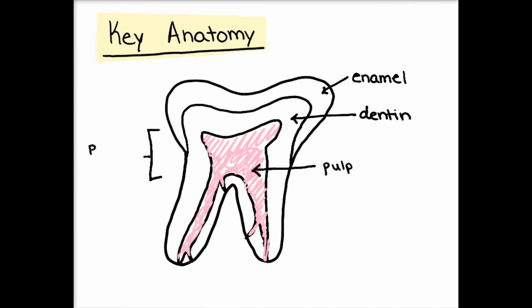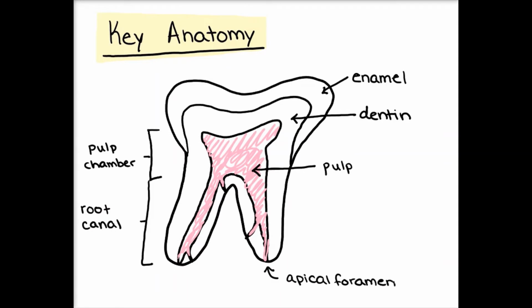And at the top of the pulp, we have the pulp chamber. And extending to the root apices, we have the root canals. Here's the apical foramen, which is a tiny opening that allows nerves and blood vessels to pass through and supply the pulp. Other portals of entry include the lateral canals, the furcation canals,